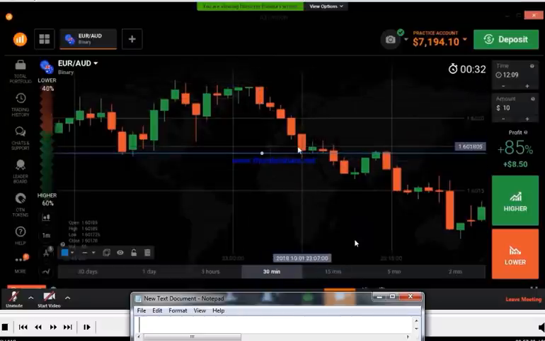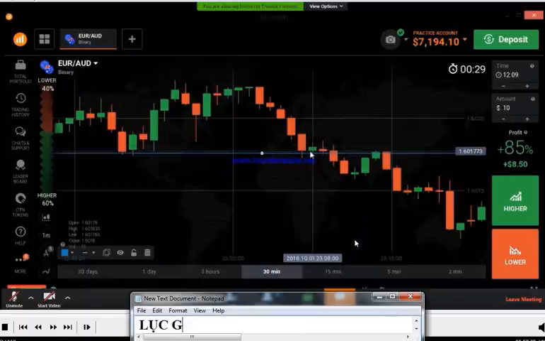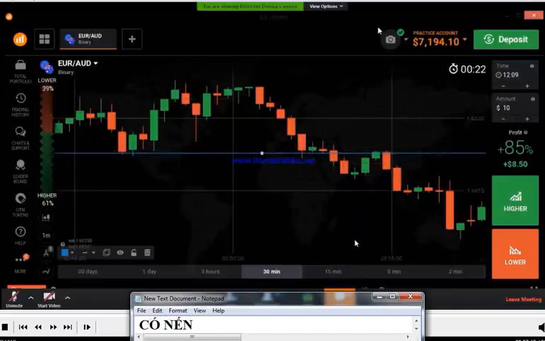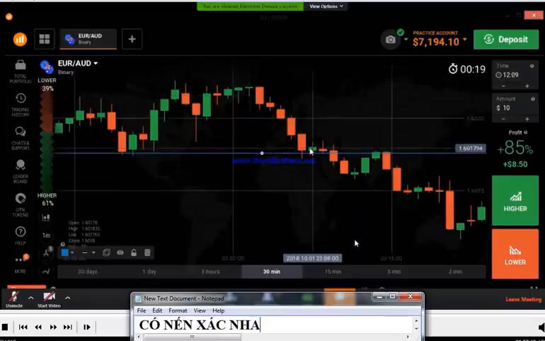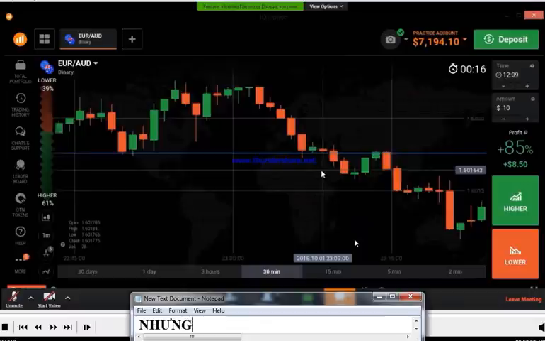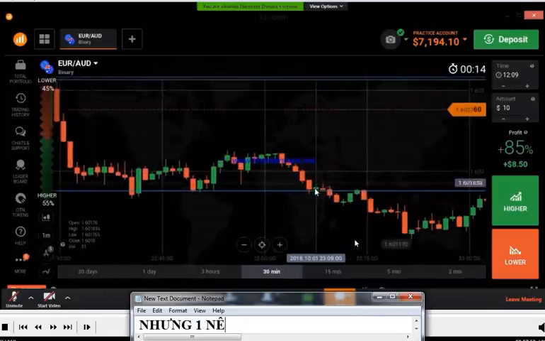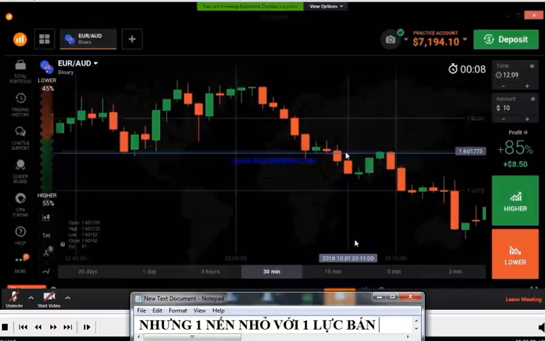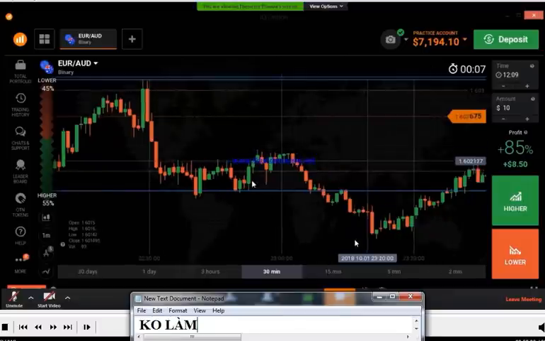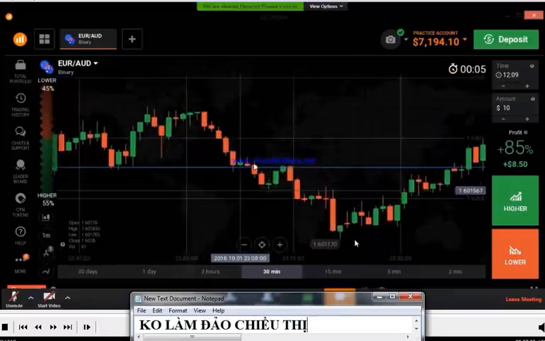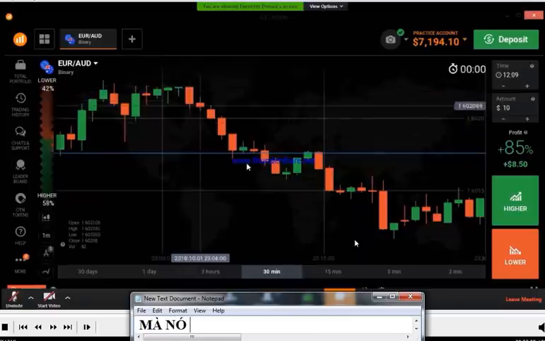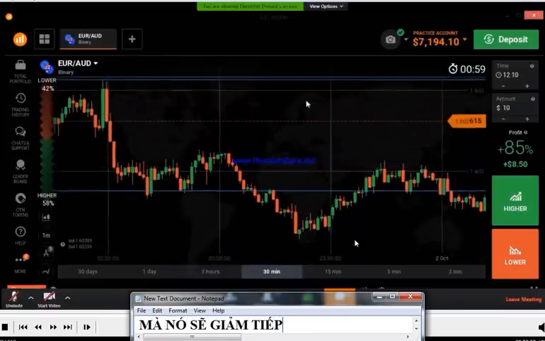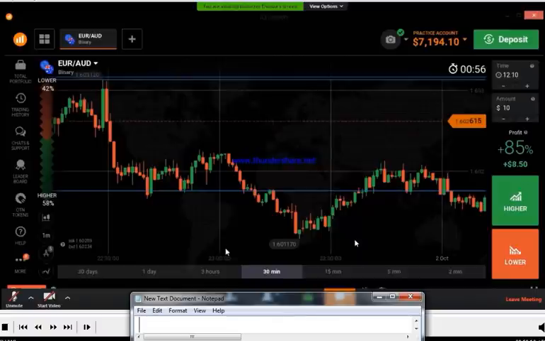This is a strong bearish movement. That's why this candle works as a continuation. This single candle can't stop this force. This is a very strong bullish force, bullish movement. This single candle can't stop this force. If this candle closed like this strong candle, it means it may go up. There is a chance to go up, but this is a very small, weak candle, and this is a strong bearish movement. Just wait.